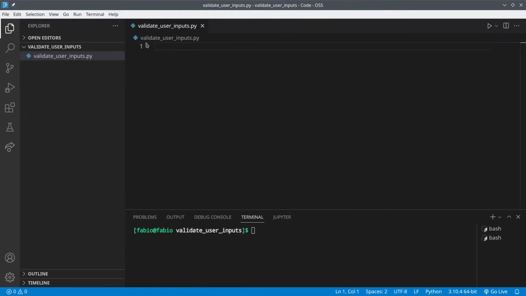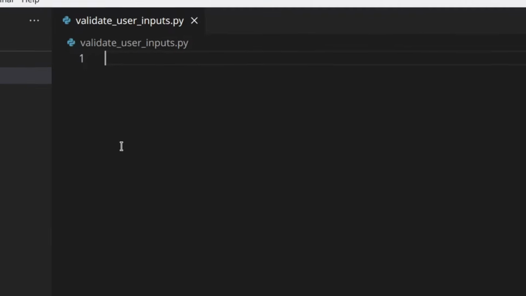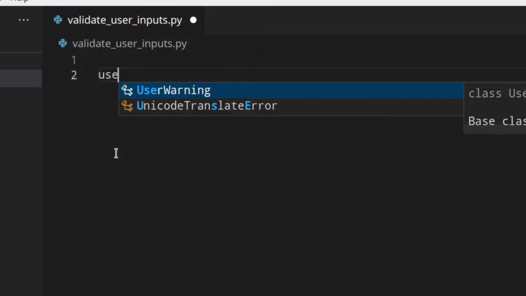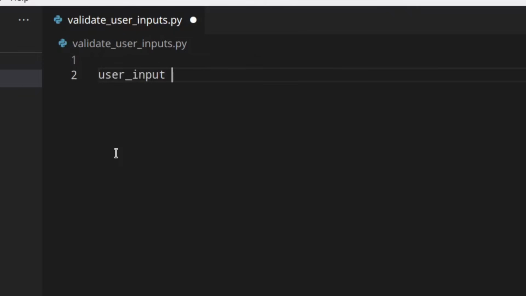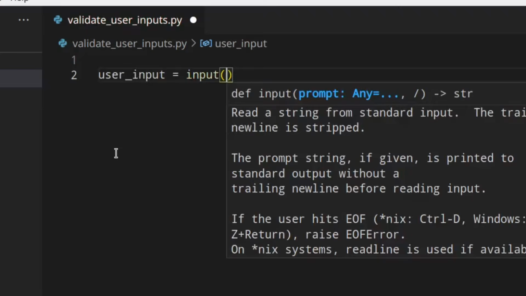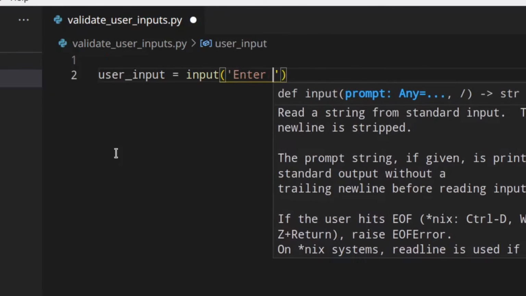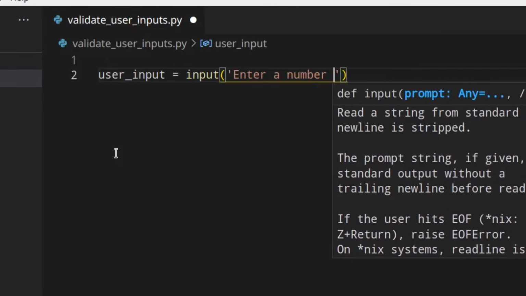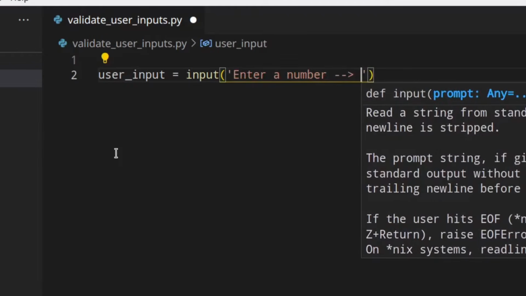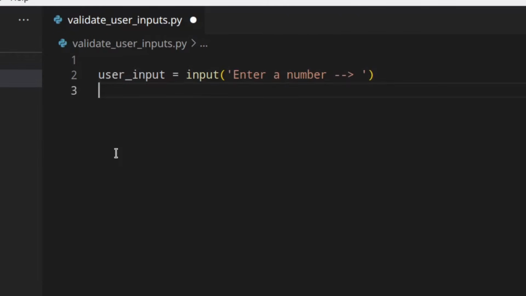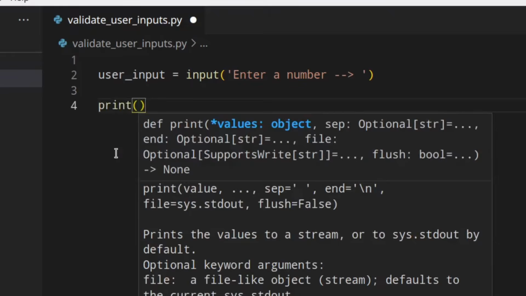So here we are. I've just created validate user inputs.py. And here we're going to have a look at different validations. We're going to start out with validating if the user enters a number. Okay, so let's start with user input is equal to input, enter a number, and of course if we want to print,